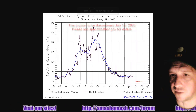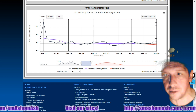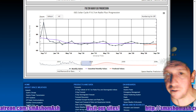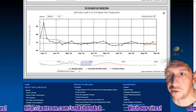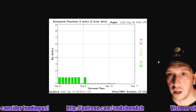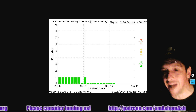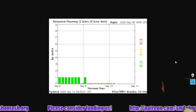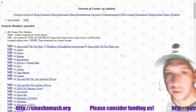The 10.7 centimeter radio flux is still at 70 solar flux units. There's the approximately 3-year graph, and we're delighted to be over 70 in terms of smoothed monthly values. That's a good thing. And we see a Kp of 0, the global measurement of geomagnetism, at 0 for the past 24 plus hours, folks. Could be a cosmic ray environment. We did see a ramp up in the